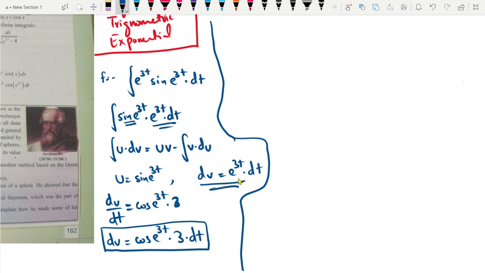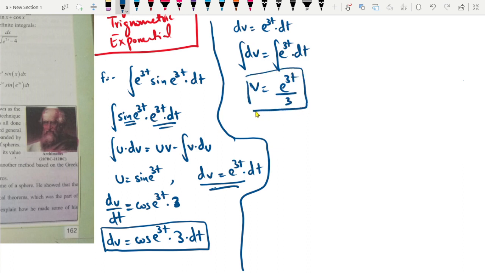Now dv is equal to e^3t dt. Taking the integral on both sides, v is equal to e^3t divided by 3. So this is our v, this is our u, and this is our du. Let this integral be equal to I. So I is equal to